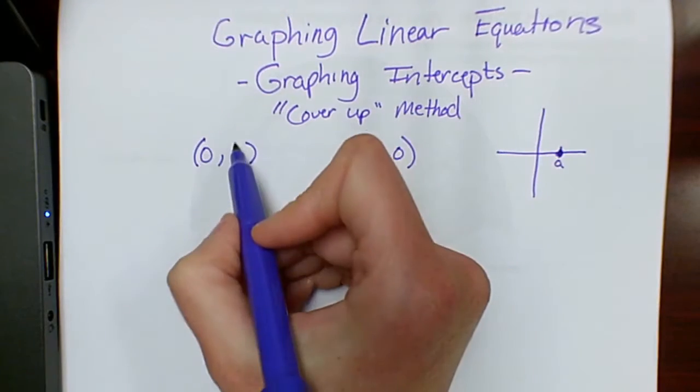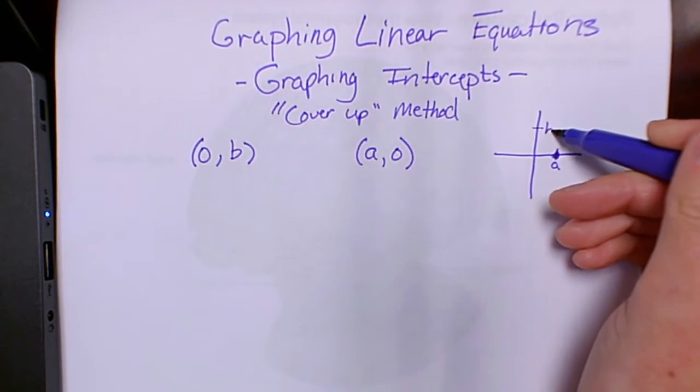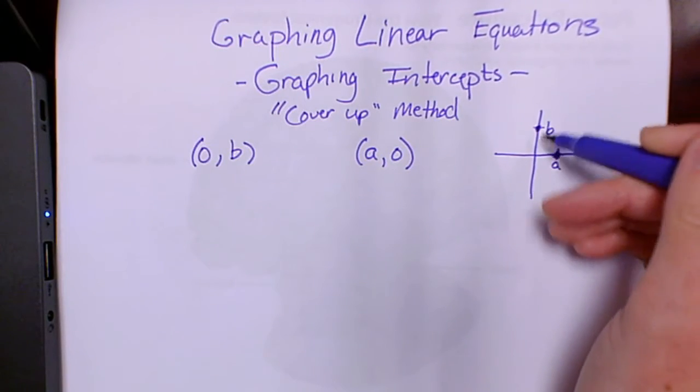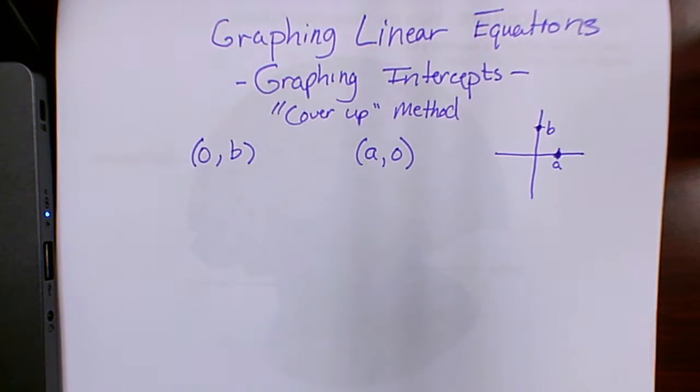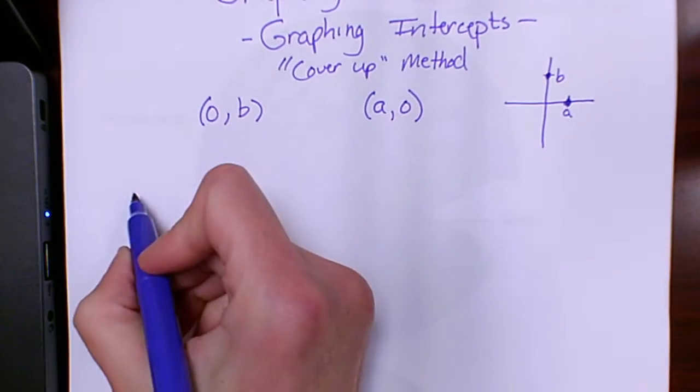On your y-axis, we can find any b on our y-axis when x is 0. So by covering up, anything times 0 is 0, so you pretty much have nothing there. So the cover-up method,